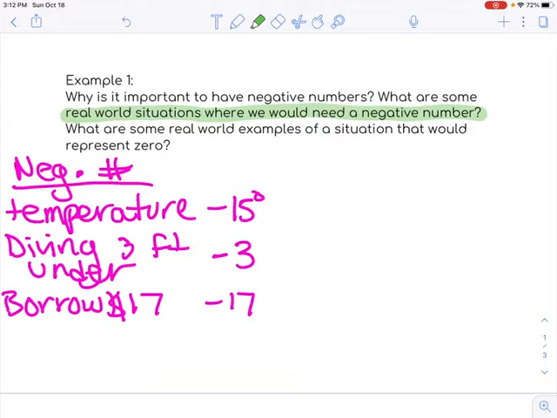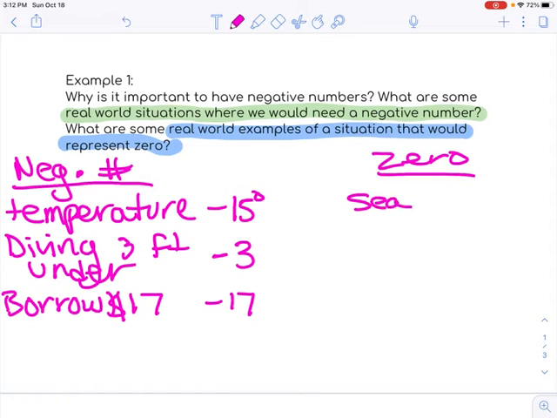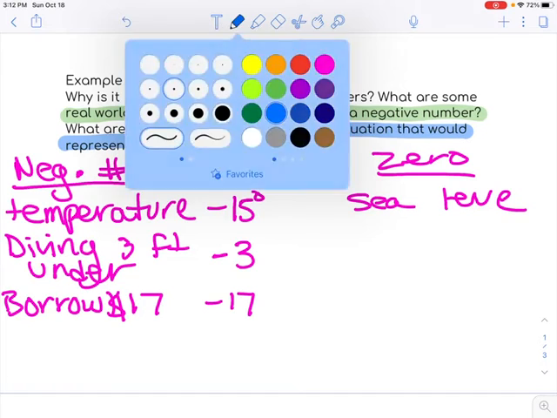And then let's also think about 0. What are some real world examples of a situation that would represent 0? Well, sea level is one. So let's think about this. If we're swimming,